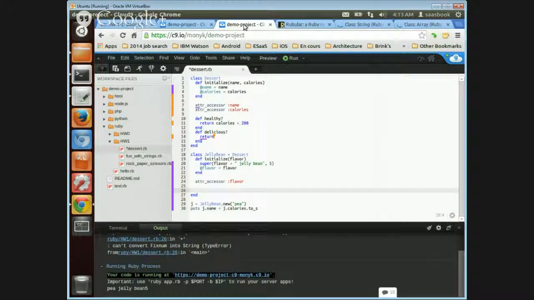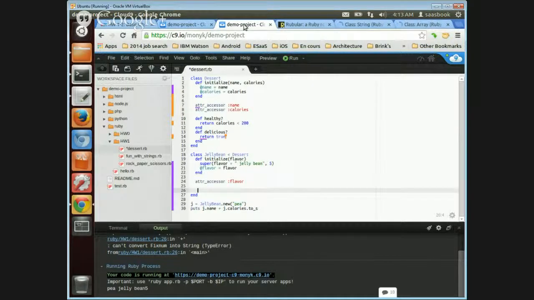In jelly bean. In jelly bean we have any delicious method. Yes. So that's exactly what we have to add. So we're going to create a delicious method here,